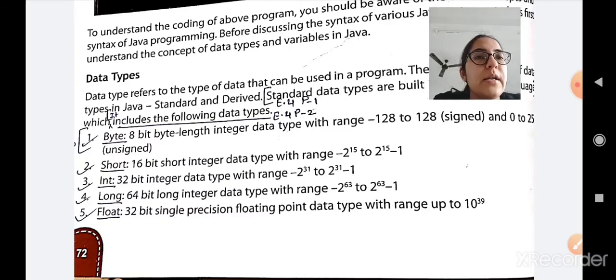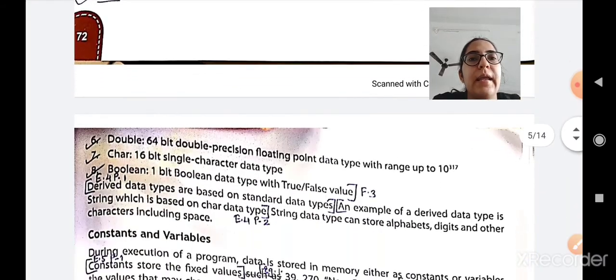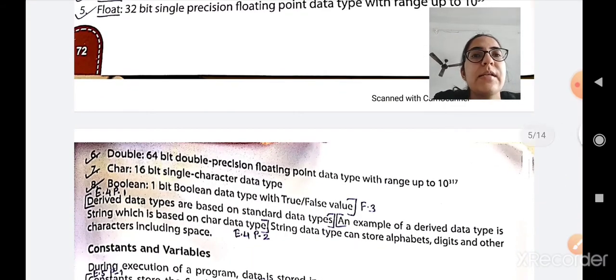A 64-bit long integer data type with the range -2 raised to 63 to 2 raised to 63 minus 1.